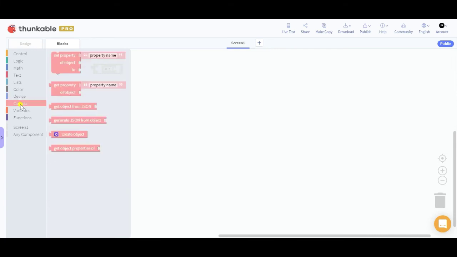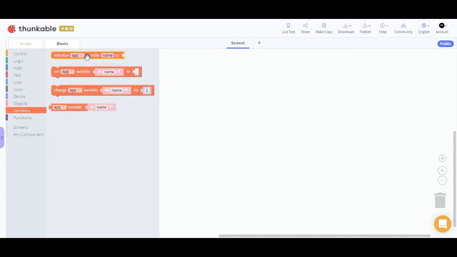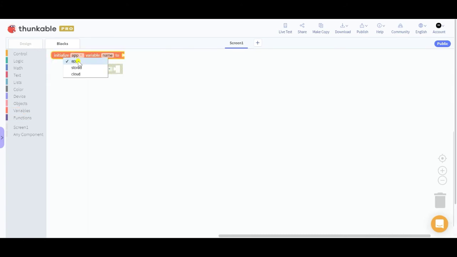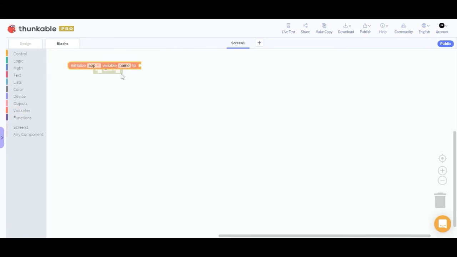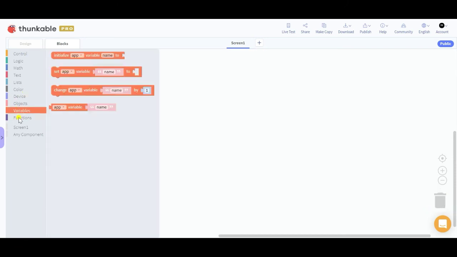Then we have an object section. This object section is used for getting a property or sending an object to a database or any other source. Like this, the set property section is used to get, you can also use it to get data or a value from a Firebase database, or you can create an object, and using the object you can share your data or value to Firebase DB. Then we have a variable section, where you can create different variables of different types, like app, stored and cloud variables, about which we will be making a video. There you will understand it in full detail.